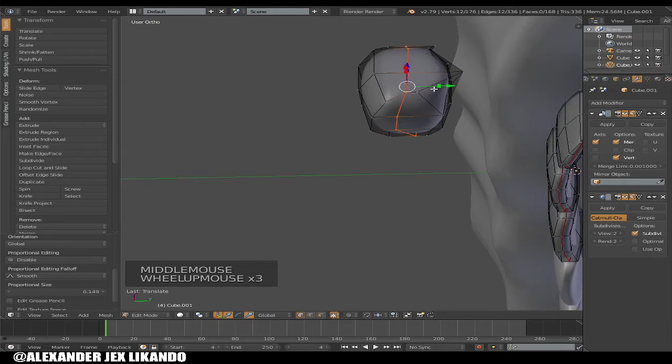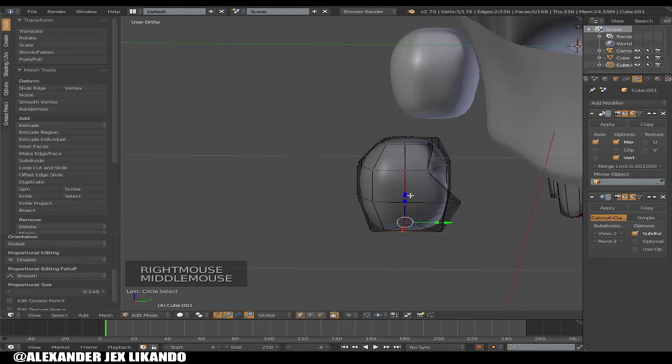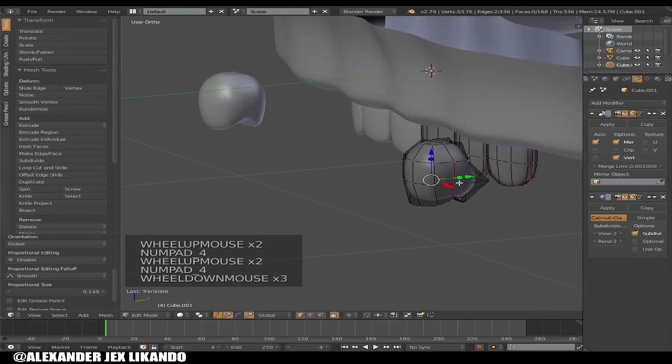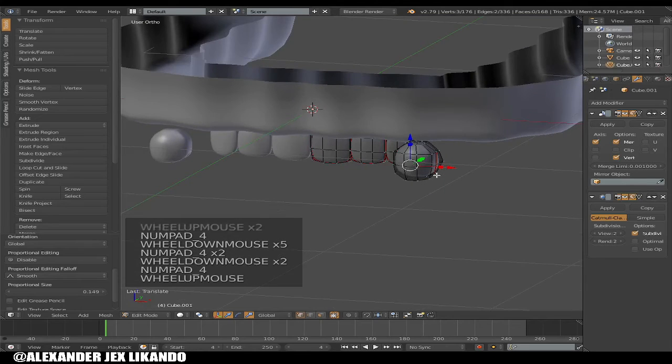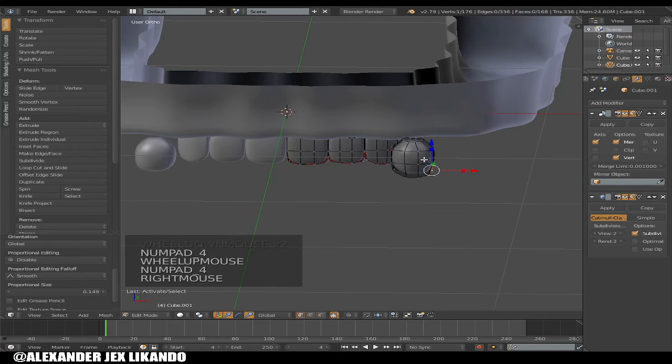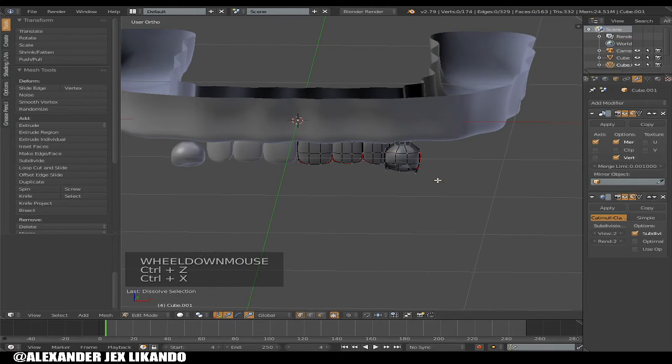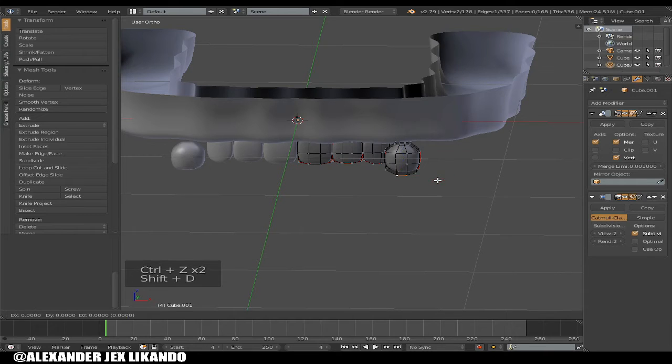Let's select these bottom vertices and just move them up. Let's just make this first one a bit sharp. Okay, before we do that, let's just Shift T,